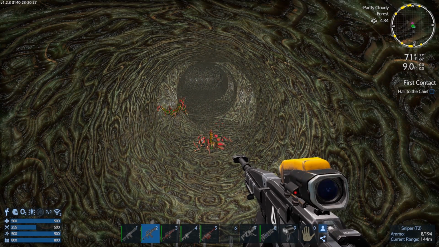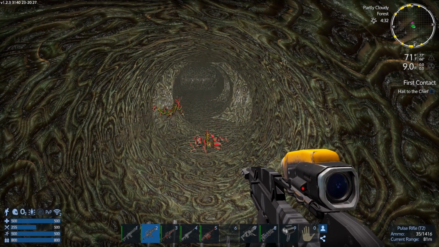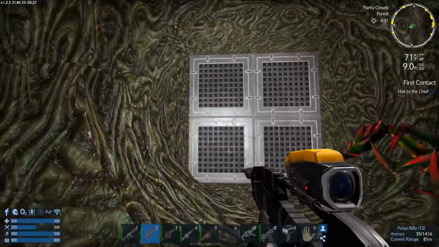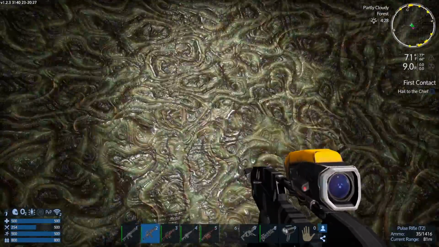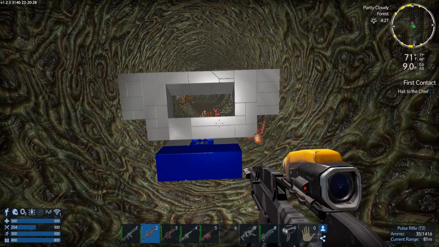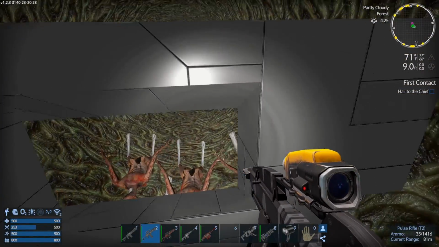But here's the good news. No matter how many nasties this POI spawns on you, it won't matter. Because if nasties spawn right here, or there, guess what? You run back to your wall, you jump right over it, and now they can't touch you. And you can shoot them and they can't do anything about it. And in this fashion, you can explore the rest of this POI,